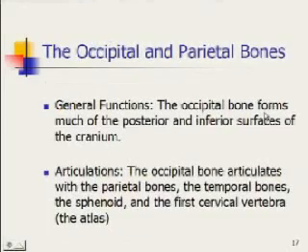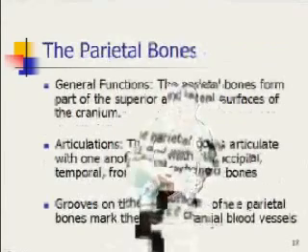The occipital and parietal bone general functions. The occipital bone forms much of the posterior and inferior surface of the cranium. Points of articulation: the occipital bone articulates with the parietal bones, the temporal bones, the sphenoid bone, and the first cervical vertebrae. The first cervical vertebrae is referred to as the atlas. General functions: parietal bones form part of the superior and lateral surface